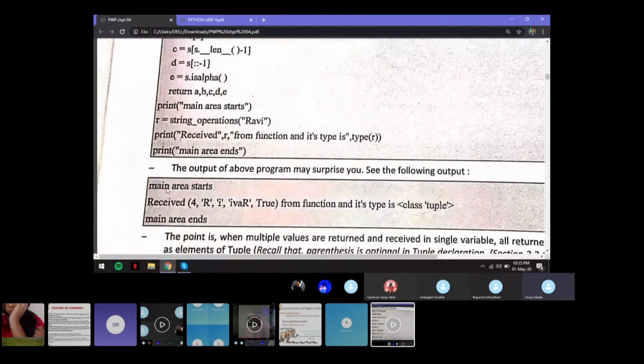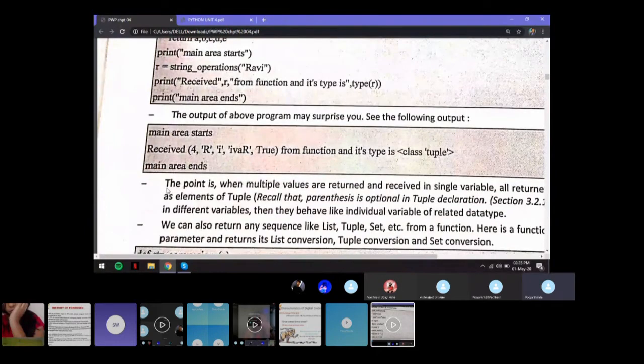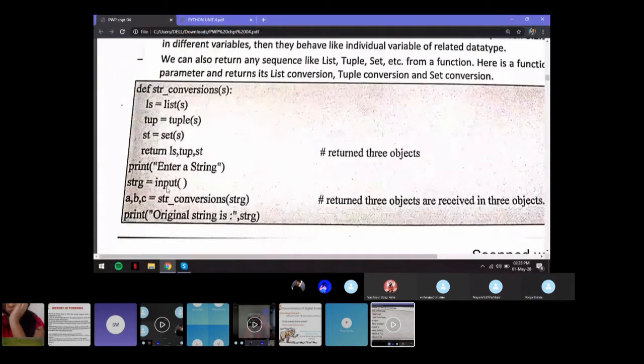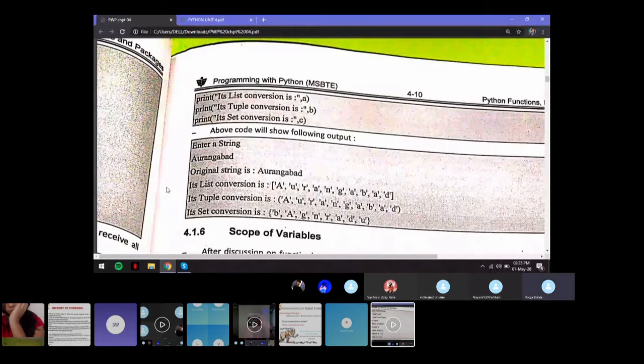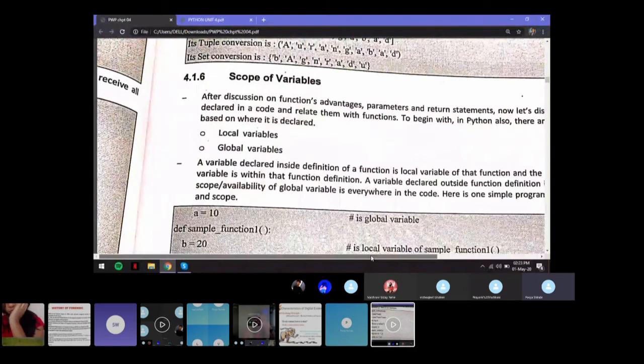Okay, so next. We will now move on to scope of variables.